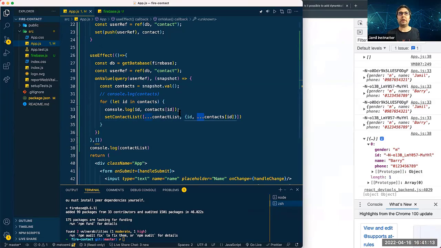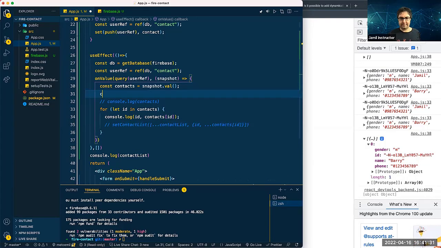Because I'm console logging. I mean, okay, why don't we do that? I have another idea. Let's do this because it's quite a bit, as you see, problematic. So instead of using that one, let's create